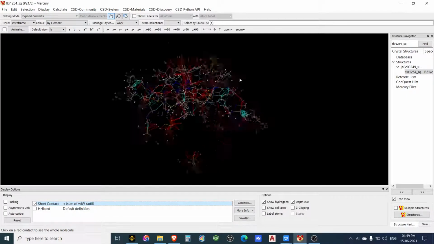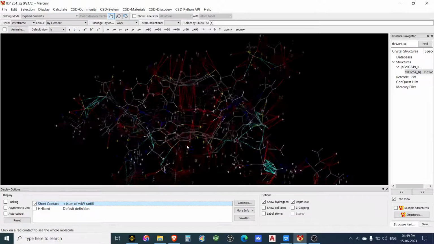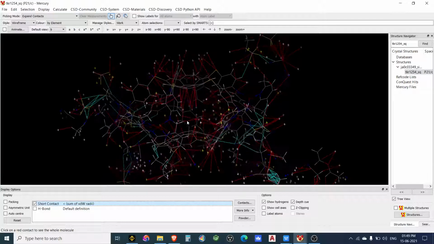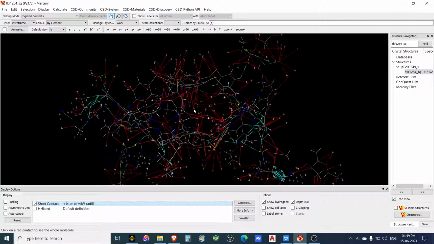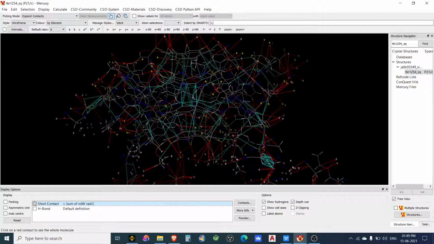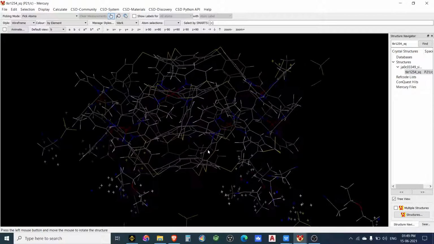Now zoom in a little bit, and you see there are some contacts inside. In order to see them, the picking mode will be expand contacts. Simply click once, and the other molecule will be generated. You just remove the short contact, then do this.